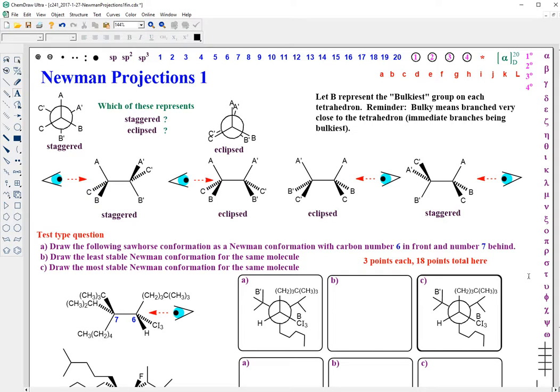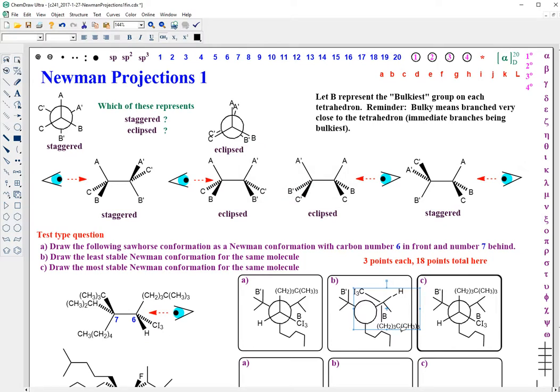So, when you're lucky, one of them's already the least or the more stable. How would I draw the structure for B? Pick one of the carbons. And I need to have the B prime right in front of the B. Maybe if I rotate the front carbon